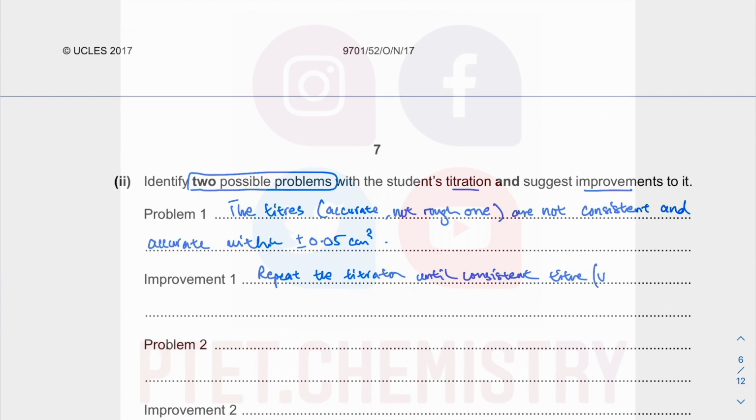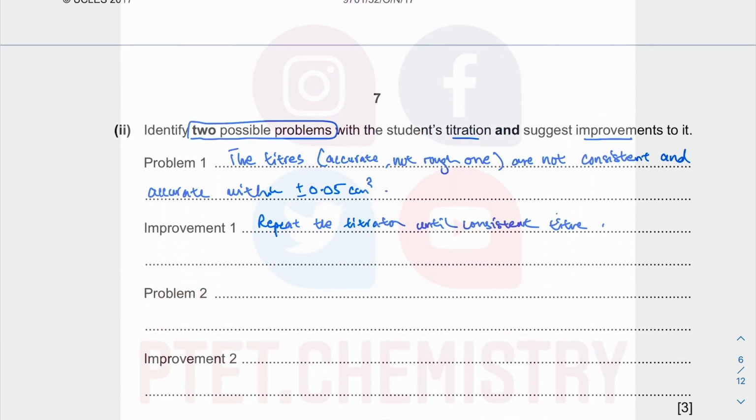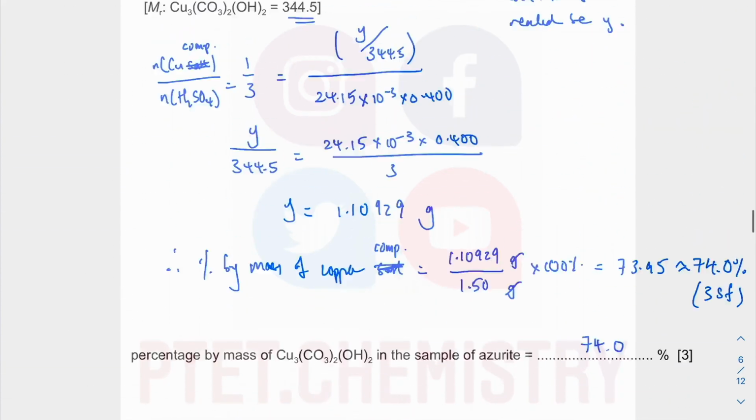Well, titer is a volume already, so consistent titer is reached. That is within plus minus 0.05 cm cube of another accurate titer. Okay, and the second one was,